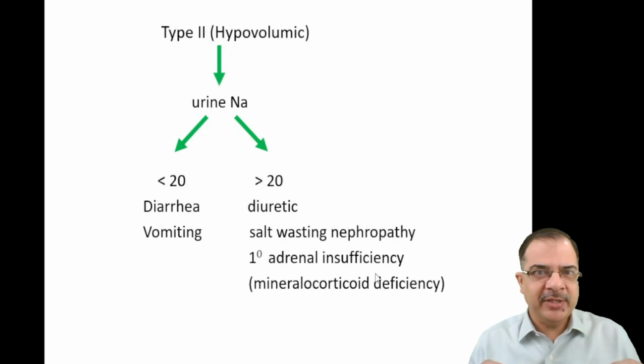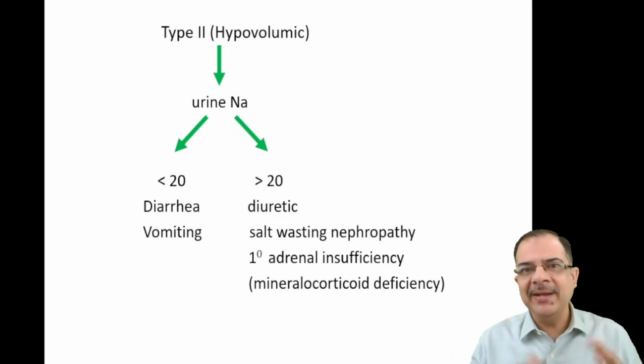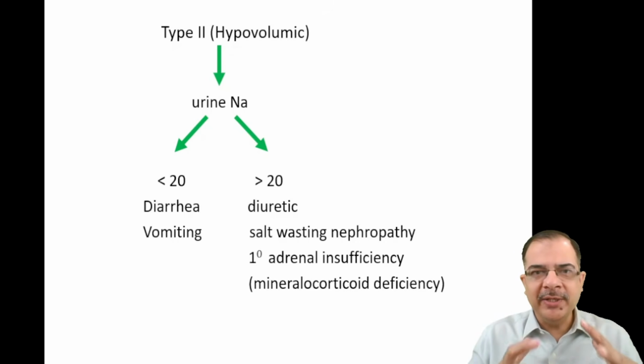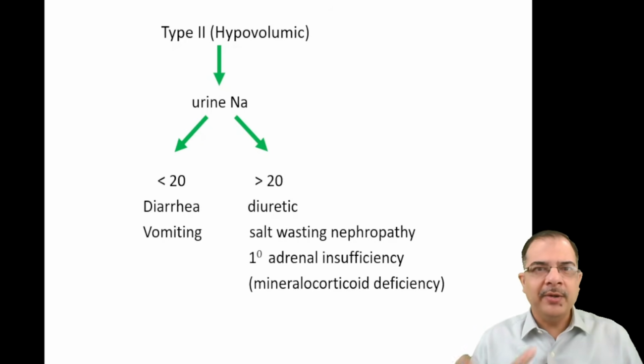Primary adrenal insufficiency means the disease originates from the adrenal gland itself. So if it is a primary adrenal insufficiency, then in that condition mineralocorticoid deficiency is more severe. Mineralocorticoids, their function is to absorb the sodium. So if their levels are less, the sodium absorption will be reduced and sodium will be excreted in the urine. So they will produce a hypovolemic hyponatremia, primary adrenal insufficiency, like Addison's disease.